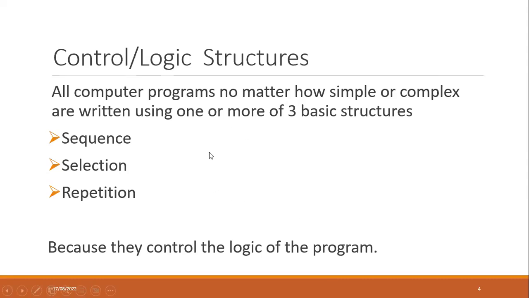But that is an easy scenario. When it comes to an actual programming scenario, we have to think about which control structure to use to solve the problem, right? When it comes to programs, we will give a scenario like draw a square or draw a circle.